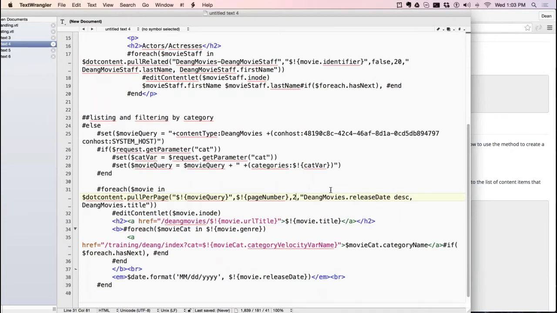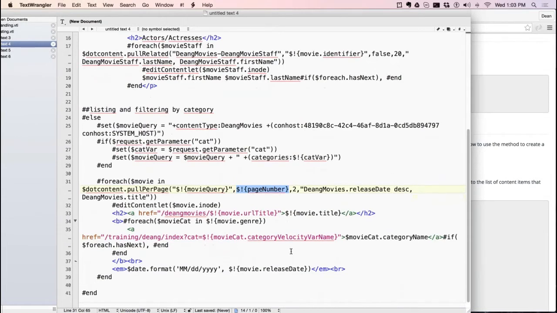Pieces of content. That will at least give me 2 pages, because I've got 3 total pieces of content, right? And that'll be my limit. And then the page number, I'm actually just going to set up in the URL. I'm not going to do page controls, but